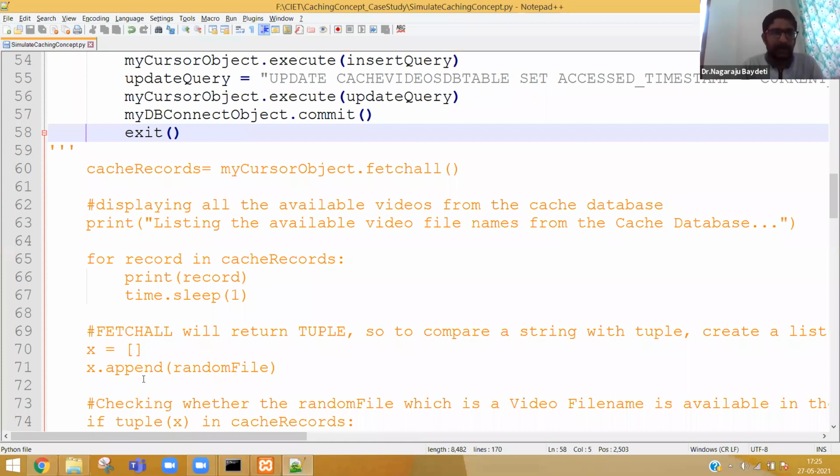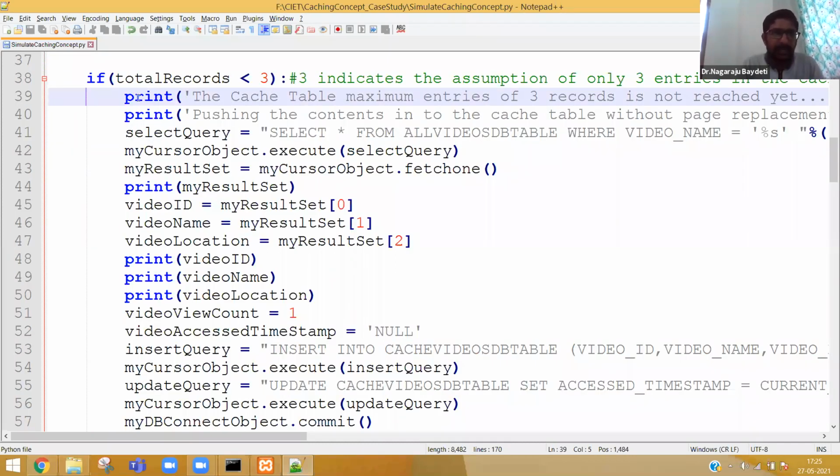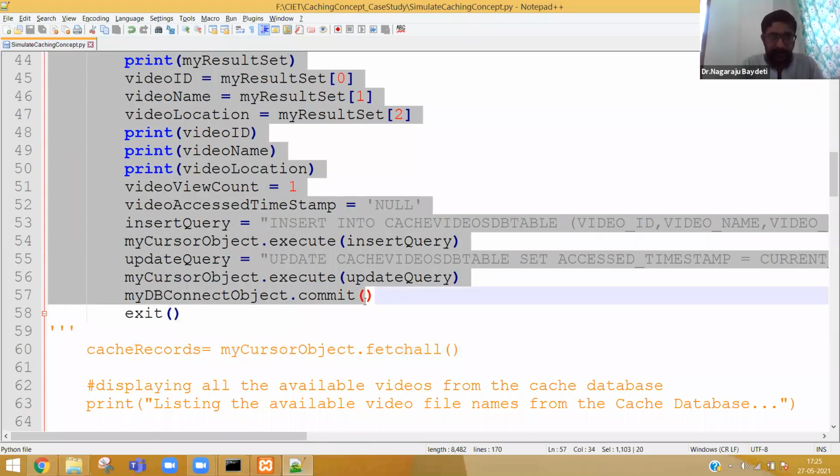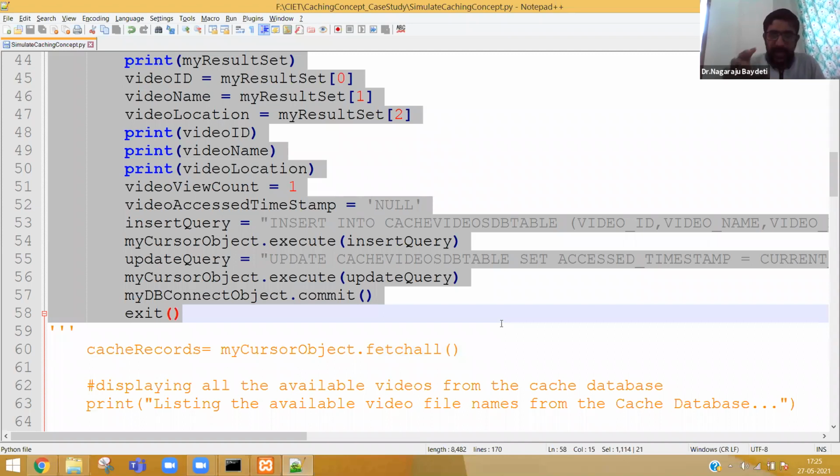Now everybody, please try to understand. If you look at line number 38 to 57, the same piece of code comes twice. So in the end of the program also the same code will come. There are 3 main parts that you need to understand now. Let me tell you the 3 concepts here. There are 3 cases. Let me tell the theory also.